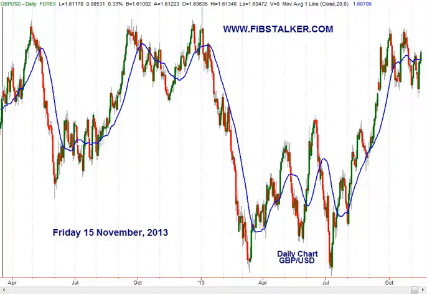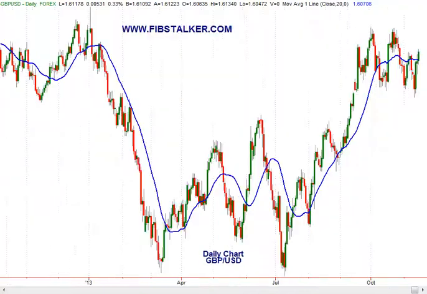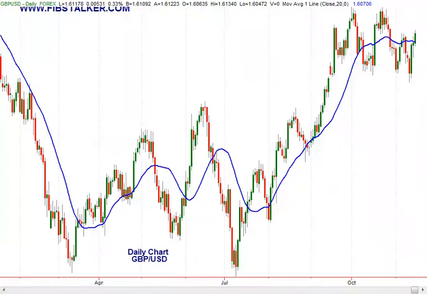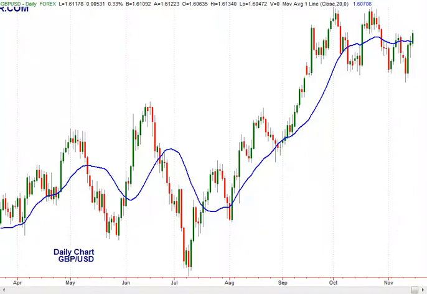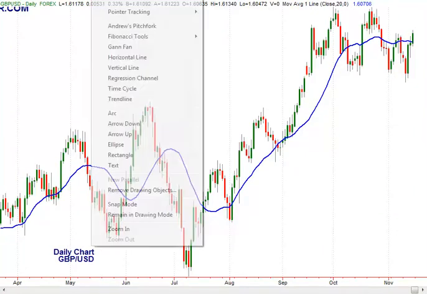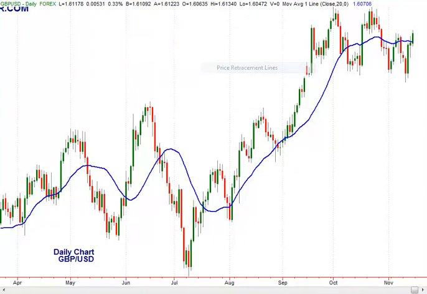In this video I'm going to quickly review for you the pound versus the US dollar, the Australian dollar versus the US dollar, and the US dollar versus the Canadian dollar. So let's start from what you see on the screen, which is the pound versus the US dollar. This is a daily chart,